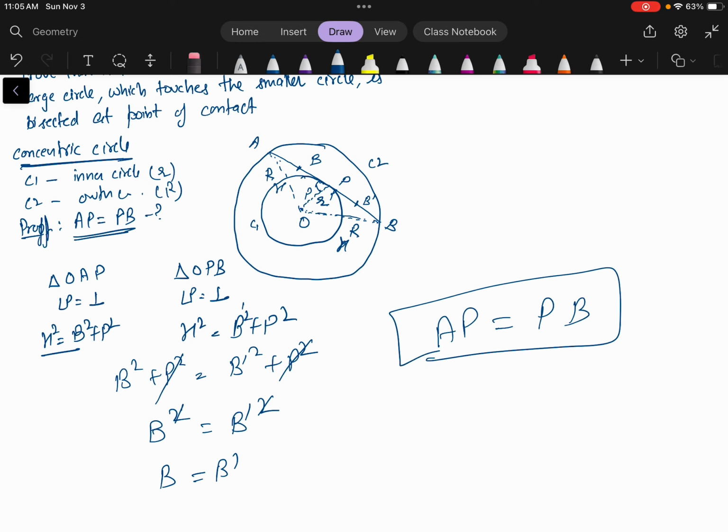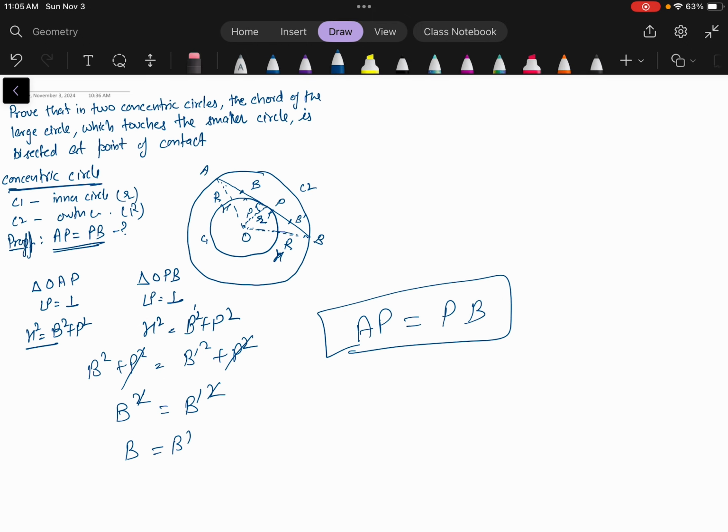So what we proved is that whenever we draw a larger chord that touches the smaller circle, it is bisected at the point of contact, and the two parts are equal. This is the question that we proved. I think this is one of the examples in your NCERT book as well. Okay, so we will move to the next question. I'll just wind up this one. If you have any doubt,